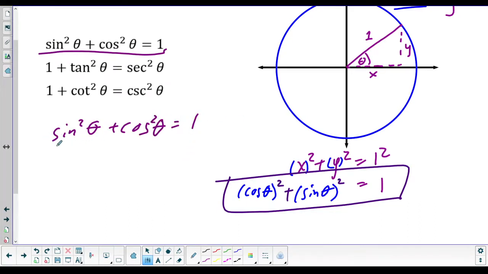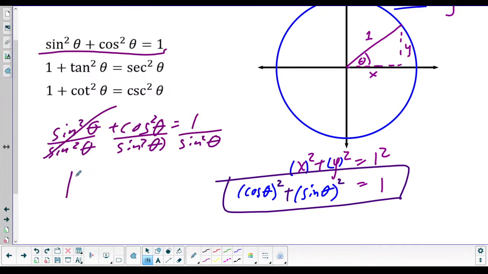Let's divide the entire equation by sine squared theta. Okay, so sine squared divided by sine squared, anything divided by itself is 1. So this is 1 plus